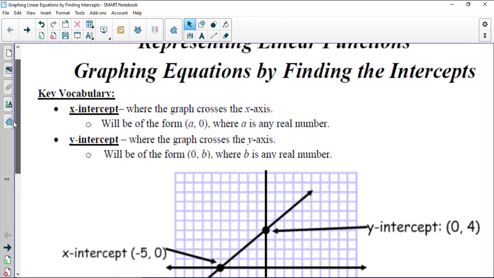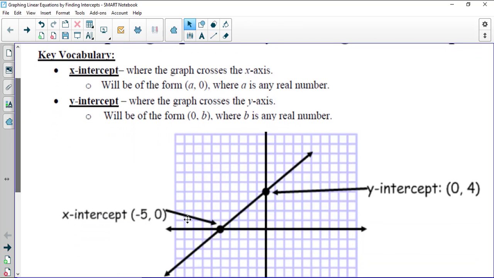So the x-intercept is where the graph crosses the x-axis. That's our horizontal axis. So on this line here, our x-intercept is going to be right here. It's where our line intersects the x-axis, and it intersects at the point -5, 0. The x-intercept will always be of the form a, 0, where a is some real number. It could be an integer, it could be a decimal, but it's wherever that line is going